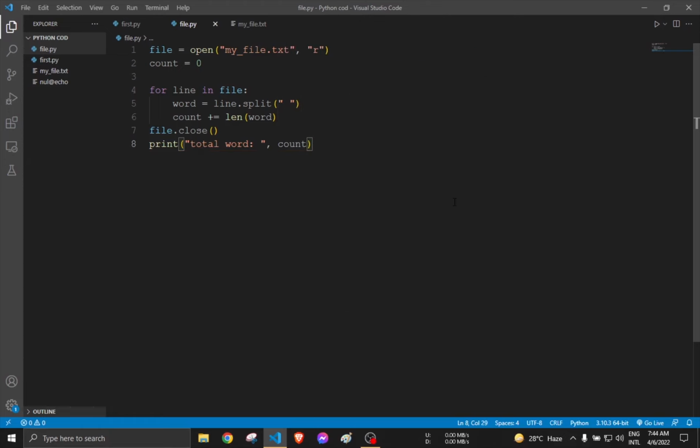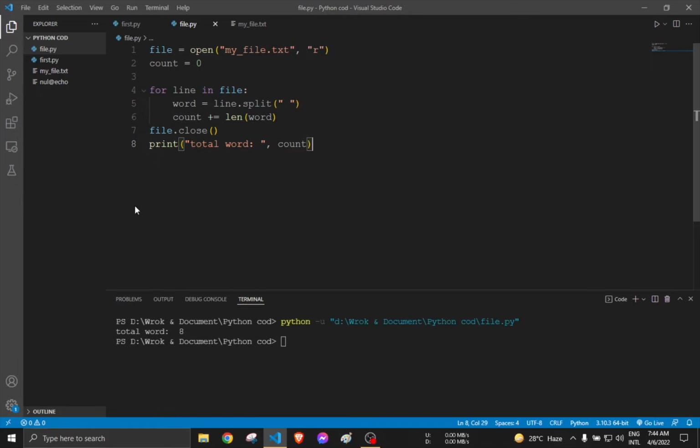So that's the program. So now we need to run the program and check or verify whether the program is working right or wrong. So now, yes, the total words is 8. That is the program, a simple program. I hope you will understand my program, and